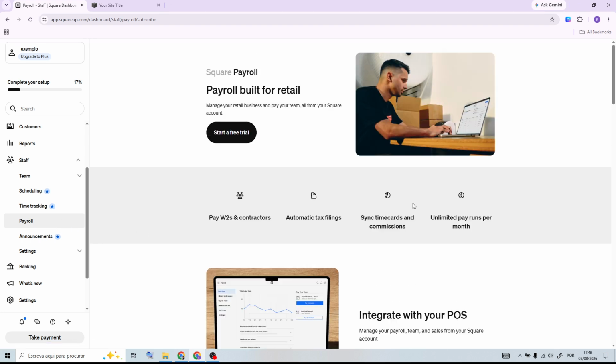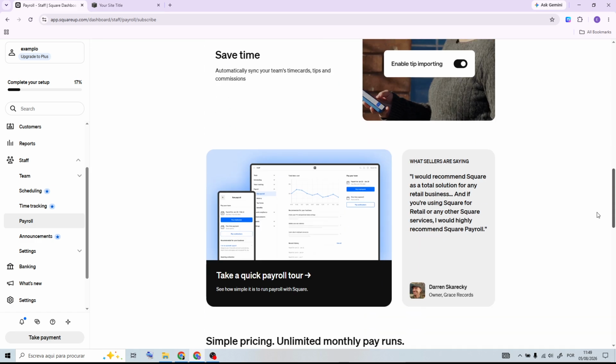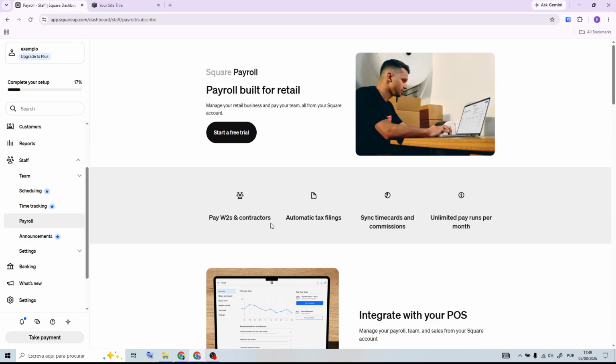Enter the person's first name, last name, email address, and any other required contact information. After that, assign a job title, choose the appropriate permissions, and select the locations where the team member will work if your business has multiple locations. You can also configure a passcode for Square POS, hourly pay, and other payroll settings if those features are enabled